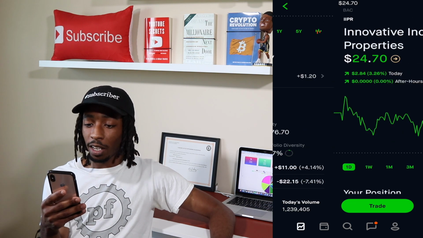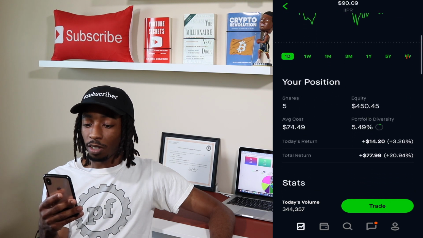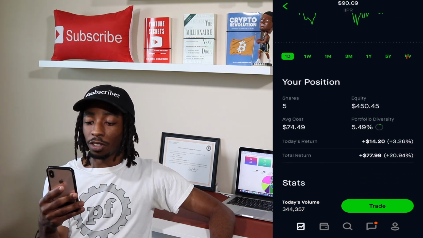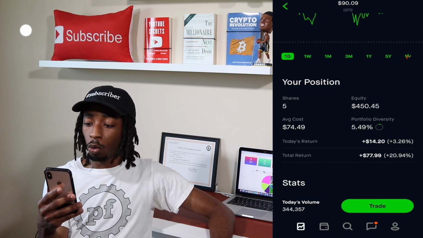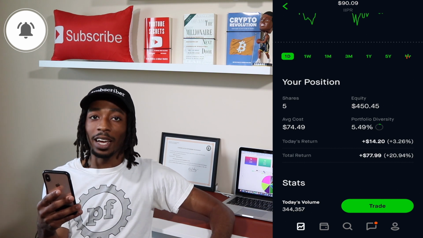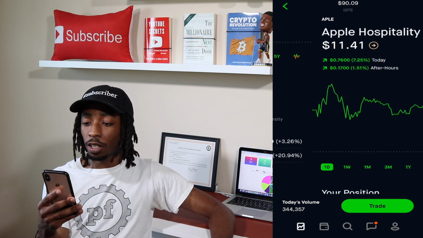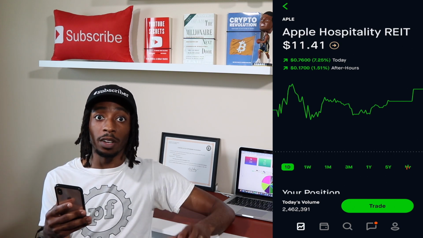After Stag Industrial, we see Innovative Industrial Properties. We move on down. You can see I have 5 shares. My average cost is $74.49. I'm up on this position a little bit at 20.94%, which is equivalent to $77.99. Looking over to the last REIT here in my portfolio, and they have also suspended their dividend as well,